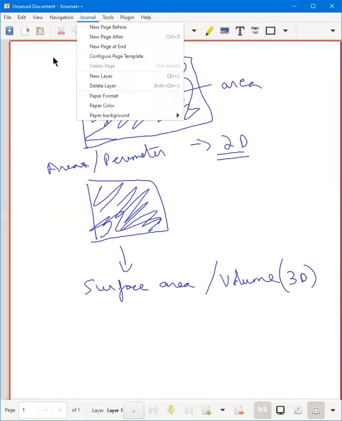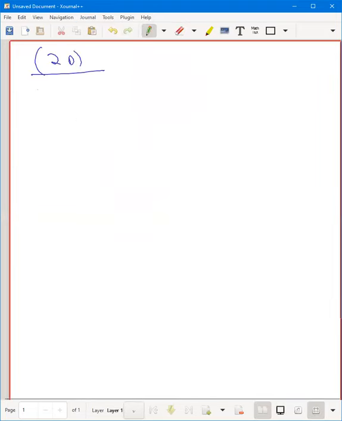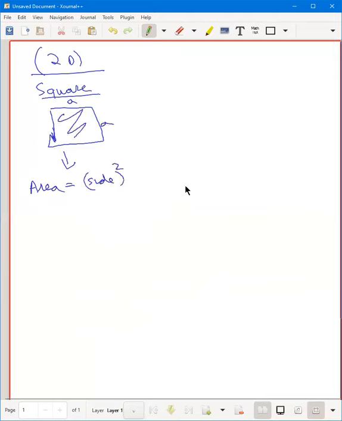For example, if I take a 2D shape in the form of a square, we have a square here, which is side A. Aryan, what was the formula for the area of a square? Side squared. That means we're multiplying the side into A so that we get this entire figure. Now, if we translate this 2D shape into a 3D shape, we will get a figure which is called a cube. A square will become a cube.